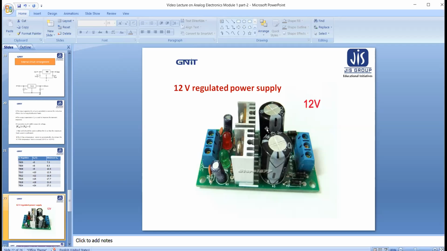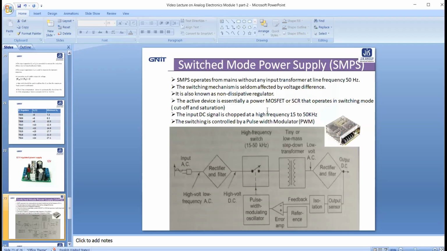They are a larger one because this side is the rectifier and the filter circuit. It will obviously use the low frequency. That's why their size is very high. Now we are going to the switch mode power supply.